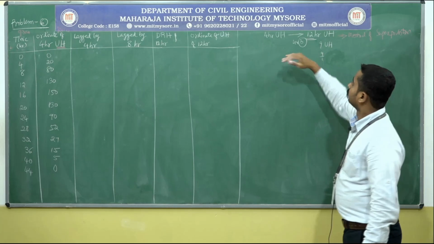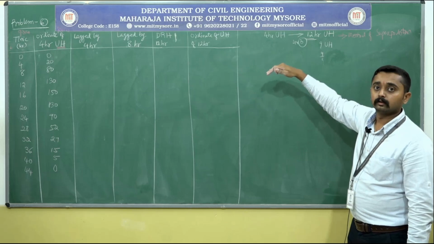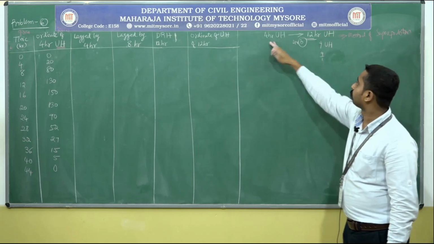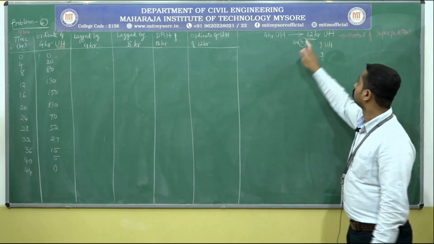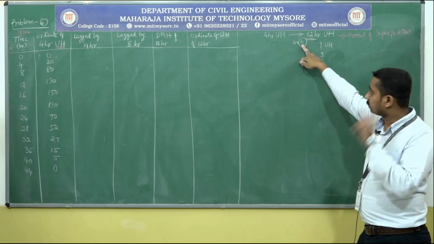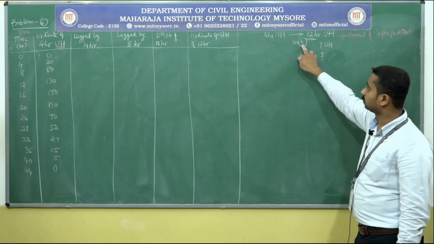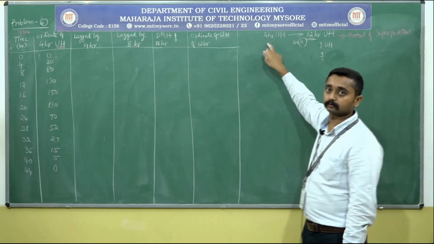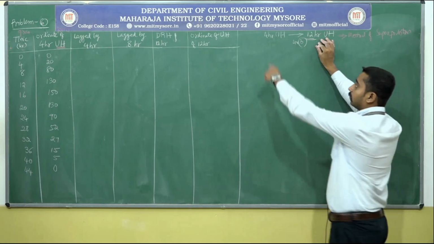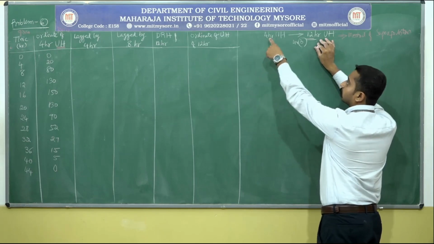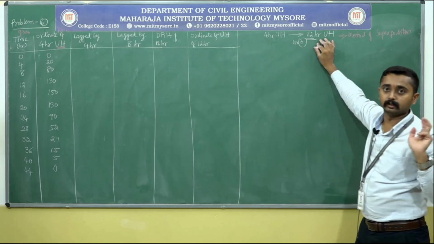Okay, listen, the 4-hour unit hydrograph is given, we need to find out the 12-hour unit hydrograph. So 4 into 3, 12, it's clearly multiples of 4. So we need 3 numbers of 4-hour unit hydrograph in order to construct the 12-hour unit hydrograph. Already we have one 4-hour unit hydrograph. We need two more 4-hour unit hydrographs.